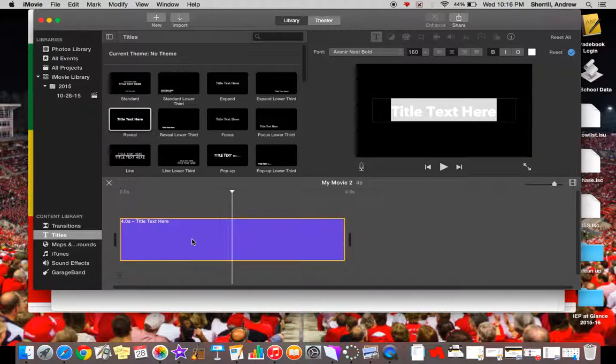So when I select this box, you'll see up here what's going to appear in the movie. This is kind of your preview for your whole movie you're creating. We see it says title text here. So if I double click here, I'm treating this like a Word document. I can type inside of it. So if I do Ethiopia,